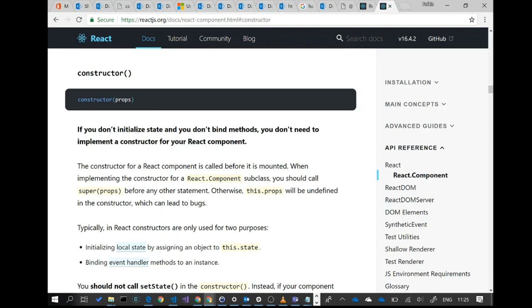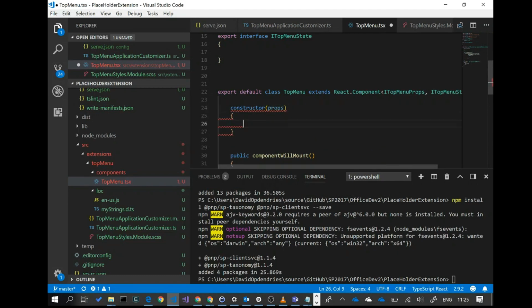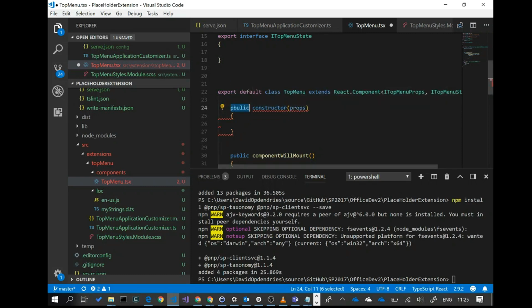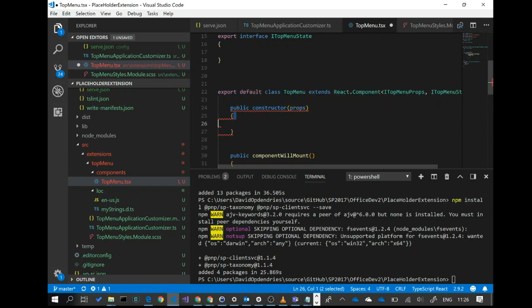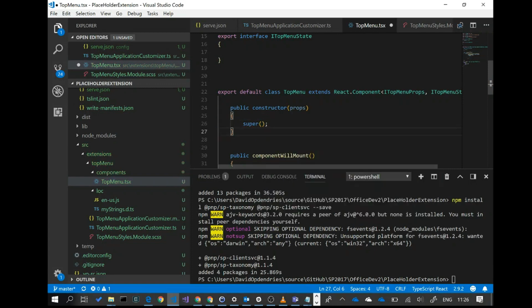Constructor. If you don't initialize a state, you don't mind methods, you don't need to implement a constructor. So we have to initialize our state in the constructor. That's right. So constructor props. What is it complaining about? Oh, I need a super. There, and then I have to go this dot state is equal to,